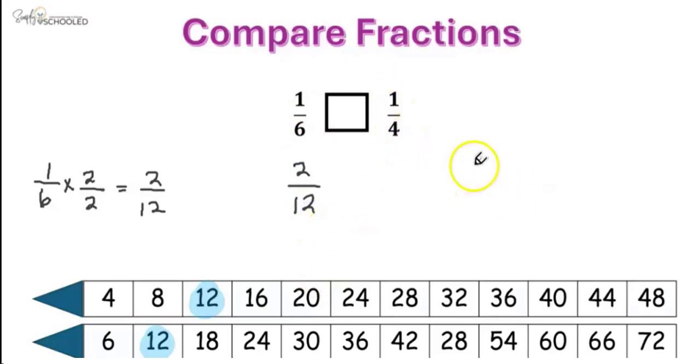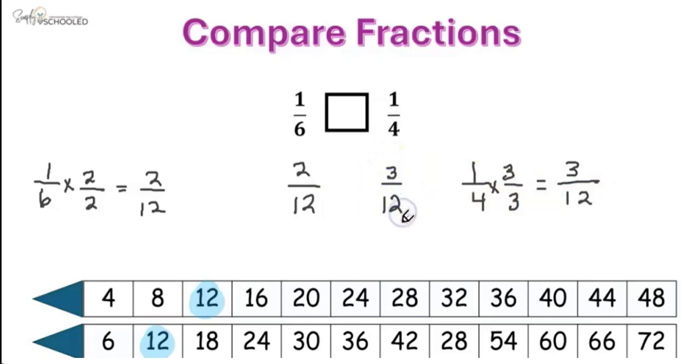Now I'm going to take 1/4 over here, and I'm going to find an equivalent fraction with a denominator of 12 for this one. In order to do that, I multiply 4 times 3 to get 12, so I have to multiply the numerator by the exact same amount. So 1 times 3 is 3. So now I know 1/4 is equivalent to 3/12. Now I have 2/12 and I have 3/12. Well, I know by comparing the numerators that 1/6 is less than